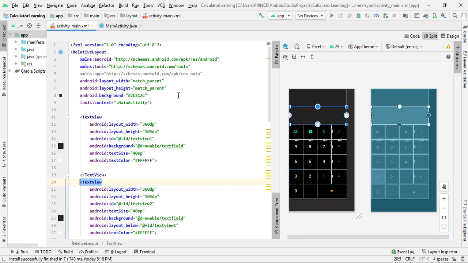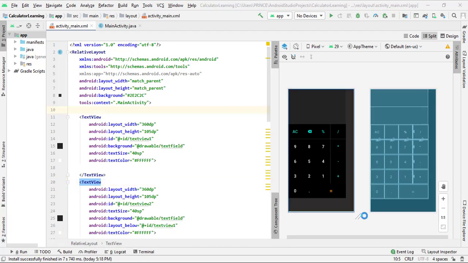You can see this is our design. Whenever the user enters a number, it starts displaying from this side, but we want the number to start displaying from this side, just on top of the divide operator. So we have to set the alignment in our text view. For this, what type of alignment do we need? We have to write some lines. Simply add 3 lines into the text view.